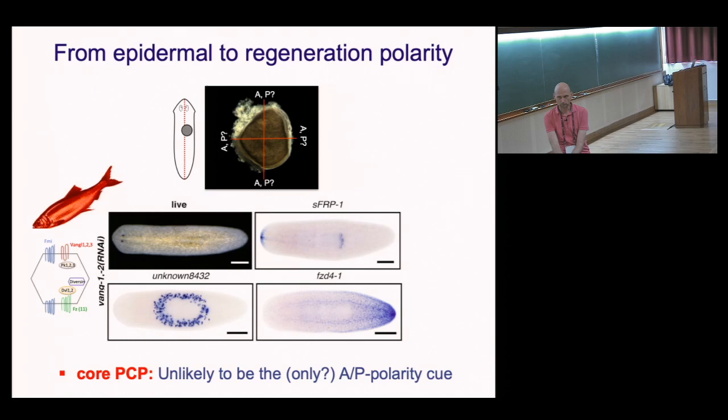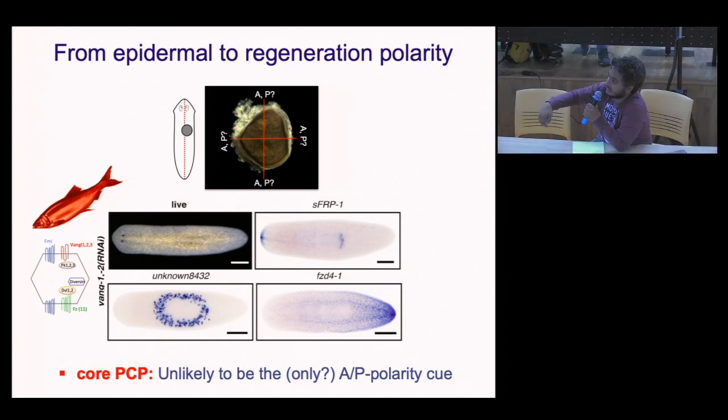But if we remove both components of the same pathway, both Fat and Dachsous, from the same embryo, what do you expect? If you remove this, you will get the AP axis in a very symmetrical fashion, but in the ML axis, I would expect something very similar to what you have seen when you have removed Van Gogh